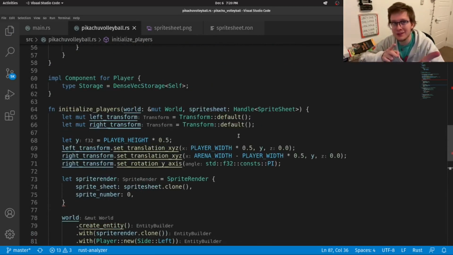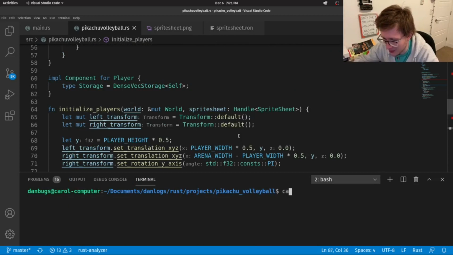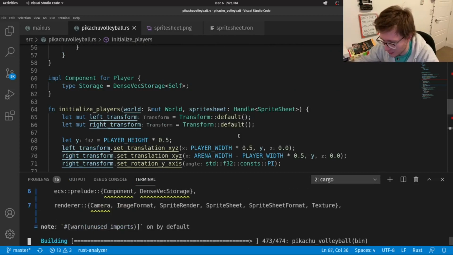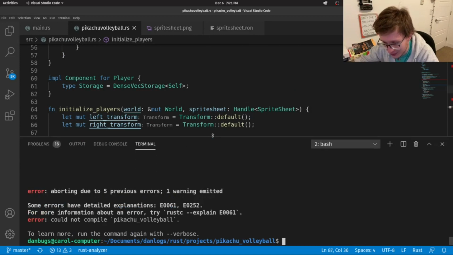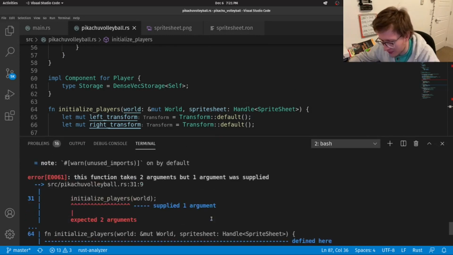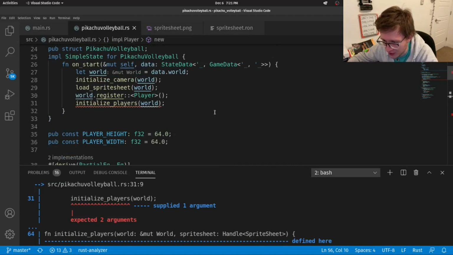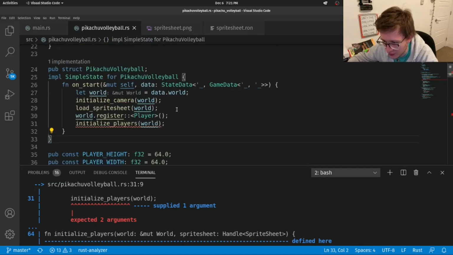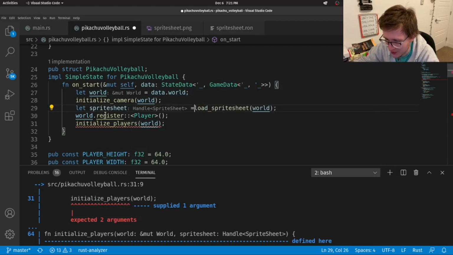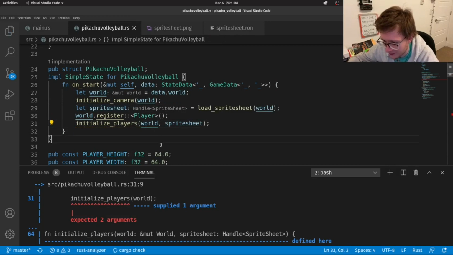So the moment we've all been waiting for, let's cargo run it. And I'll probably have to cut the video unless we get errors, which I won't cut. Let's fix them together. So, initialize player supplied one argument, of course. We loaded our sprite sheet. So we want to get the sprite sheet, right? And we just loaded the sprite sheet but didn't put it inside of a type, so we'll say load sprite sheet, and then we'll pass in the sprite sheet right here. Right, was that the error that we had?